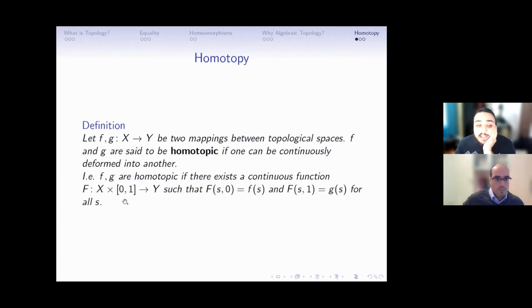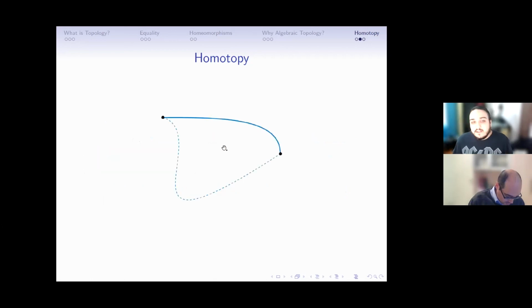Rigorously, that means that we can define another function across the interval here, such that at one end of the interval it's the first function, and at the other end it's the second function. But this is a little complicated just to read, so let's look at it in the picture, right? All this means is that you can kind of draw a video of the function transforming from one curve into another,